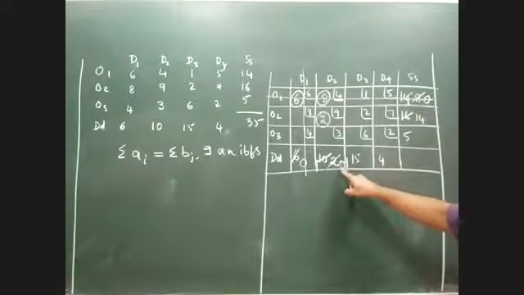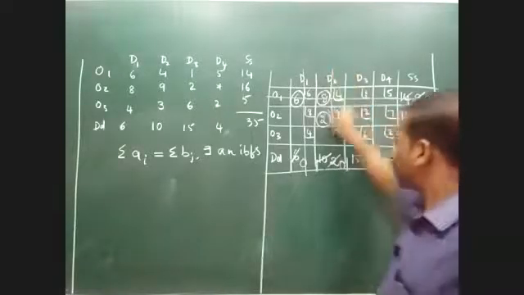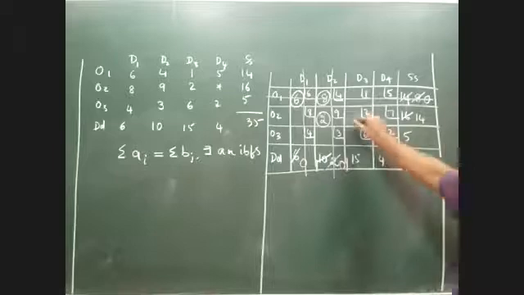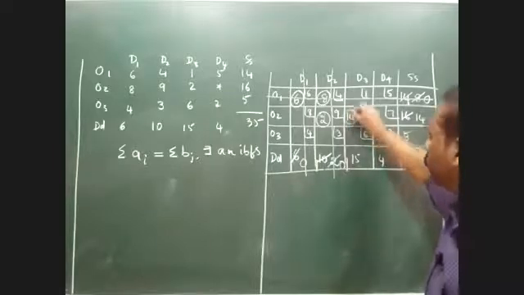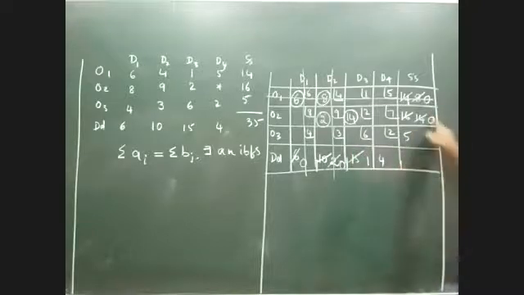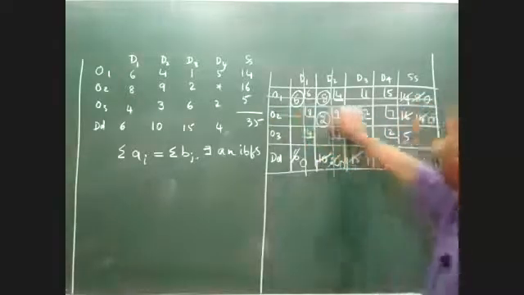Since D2 has become 0, I'm supposed to strike it. Again, now the matrix is reduced further. Can you please tell me which is the northwest element now after the reduced matrix? 2. Yeah, 2 is the value. Fine. So again, compare the corresponding supply and demand. 15 and 14 are there. So obviously the lowest value is 14. So this becomes 0 and this becomes 1. Since this is 0, O2 is gone.